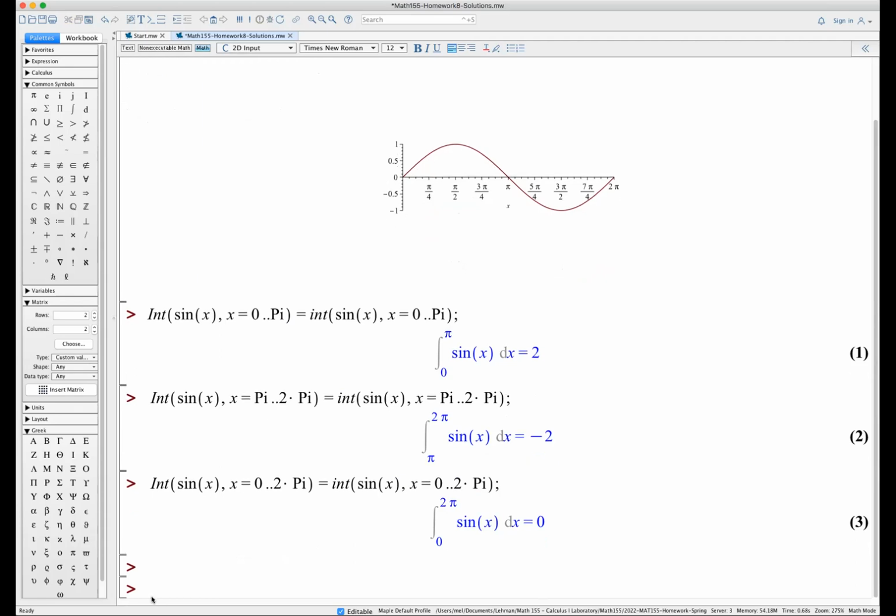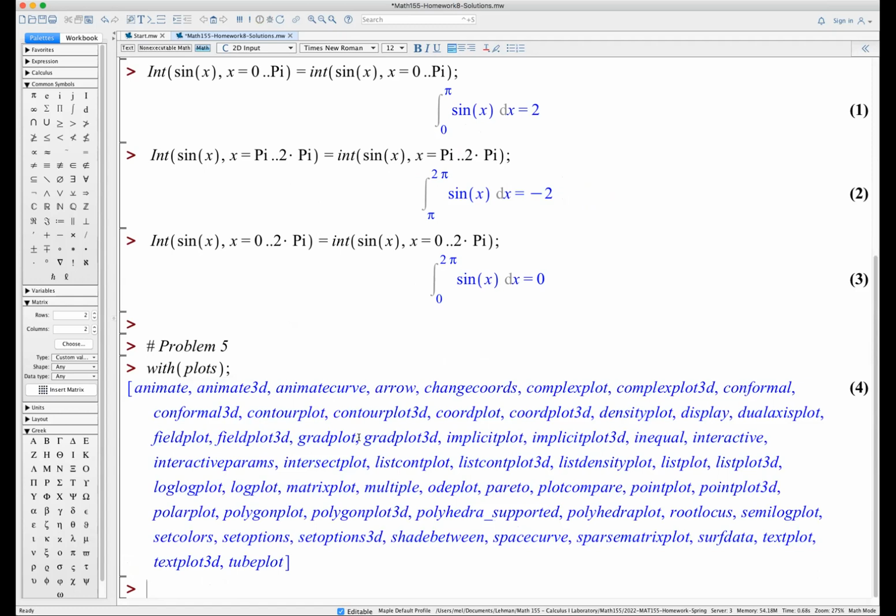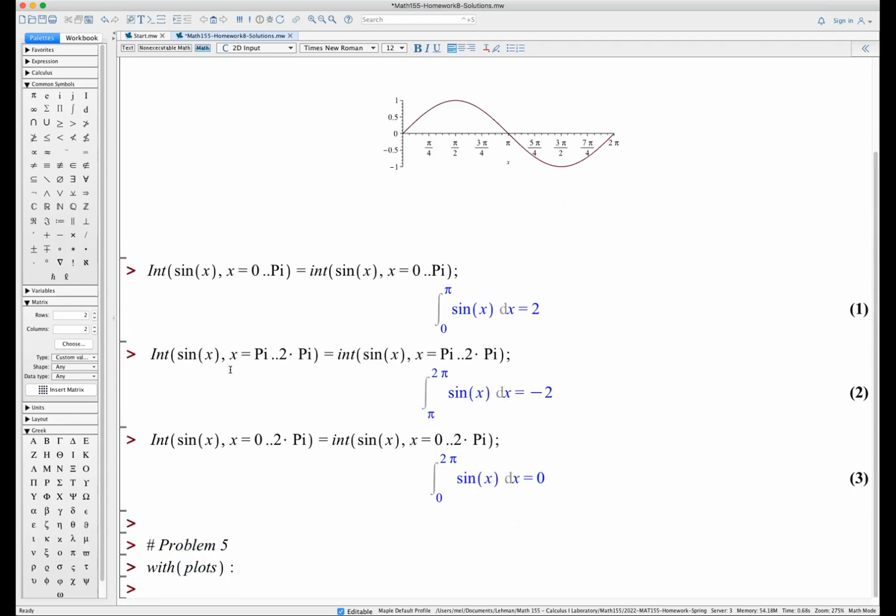Okay. Let's look at problem 5. We have a certain ellipse that we would like to graph. And for that, the easiest thing is to use implicit plotting. So let's open the plots package with plots. So the one we're going to use, sorry, implicit plot. That's one that's here. I can end this with a colon. So implicit plot,